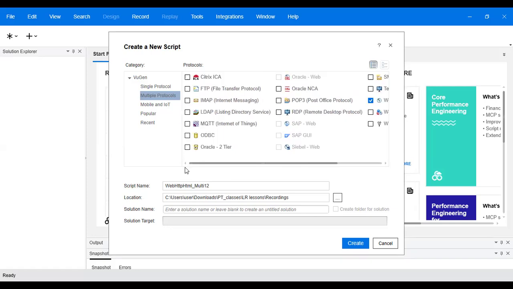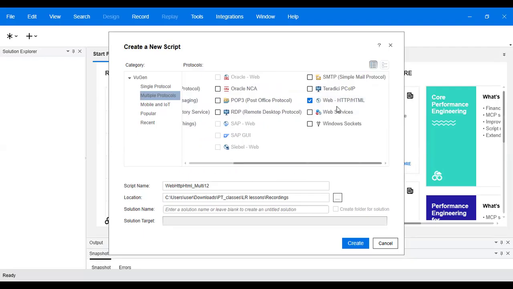Okay, if you are working on a Citrix application, a GUI application, all the others are very easy. Easy in the sense, you just need to record and replay. The only difficult one is this one, Web HTTP. And 90% of our projects will be web only. So we'll select that. So first select the protocol, and the second step is